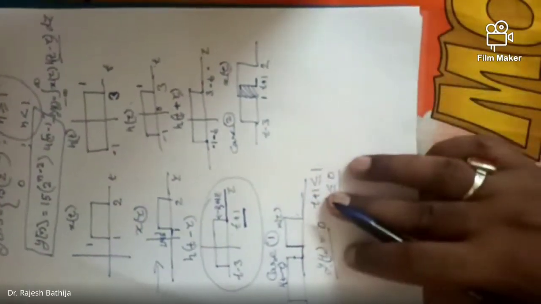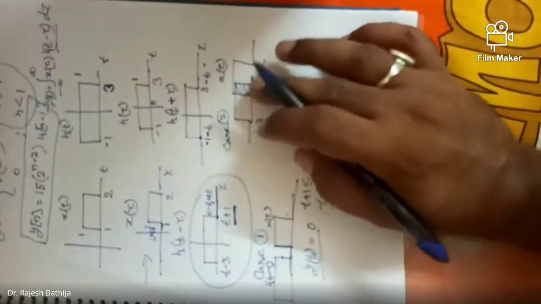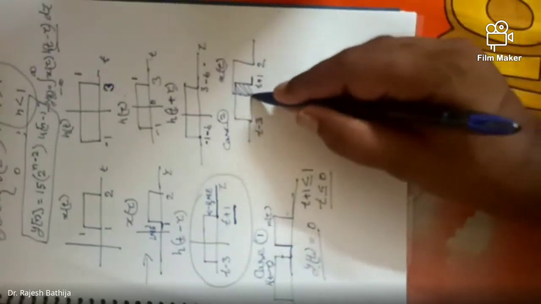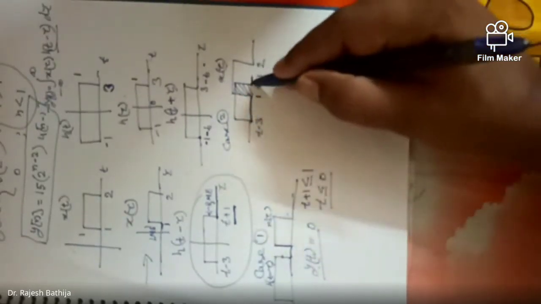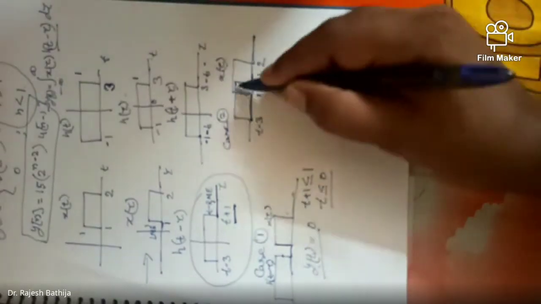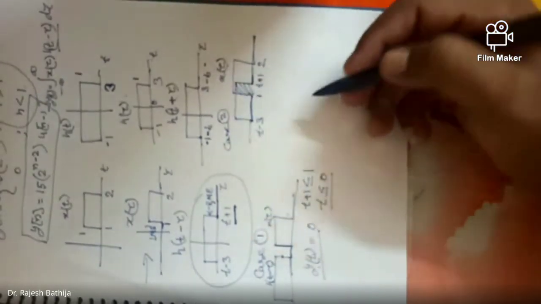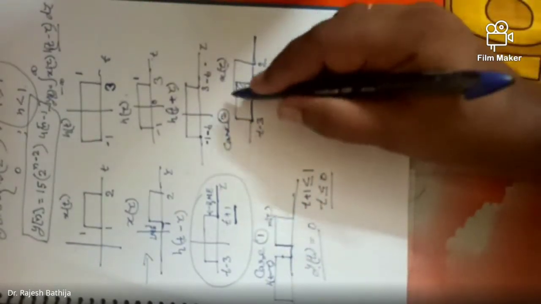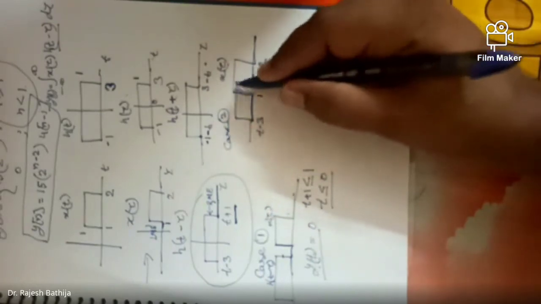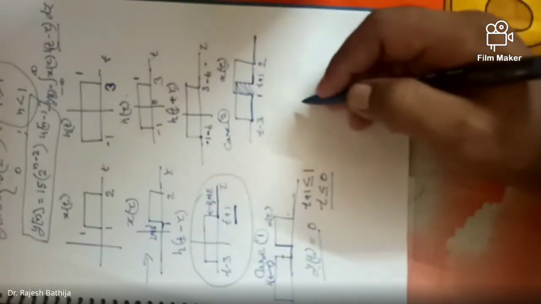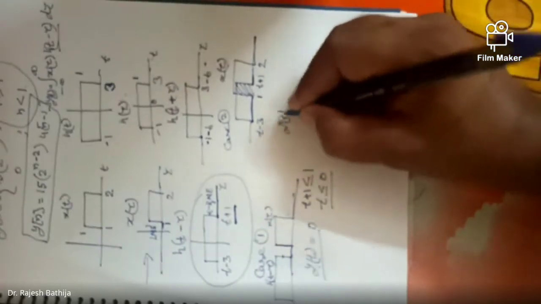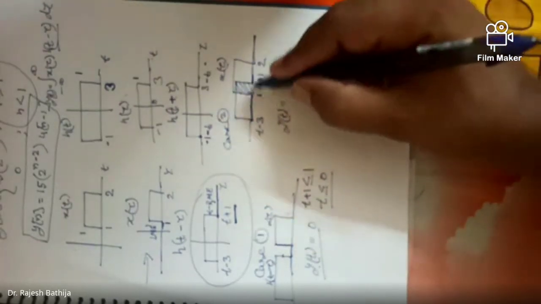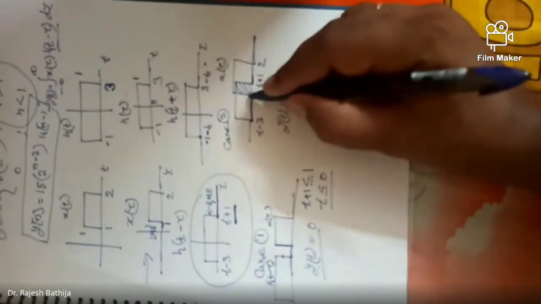And now it is very simple to calculate this area. We don't require the integral. This is called the overlap area, right? Why is this overlap? Because x of tau is 0 over here and h of t minus tau is 0 over here, right? So only this is the area which gives us the product as non-zero, right? So if it is a well-known shape, remember, we don't require to calculate the integral. Y of t is simply the area of this, and this is nothing but a rectangle, and rectangle area is width multiplied by the height.